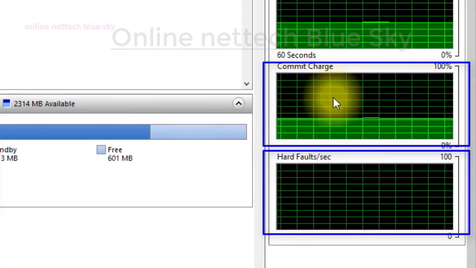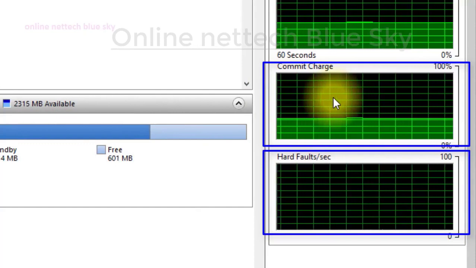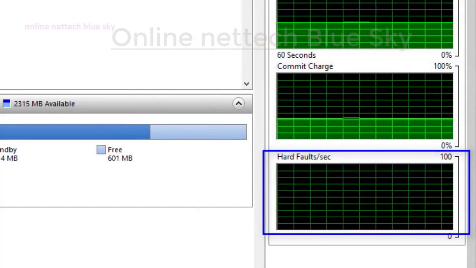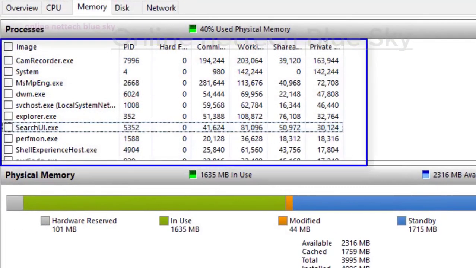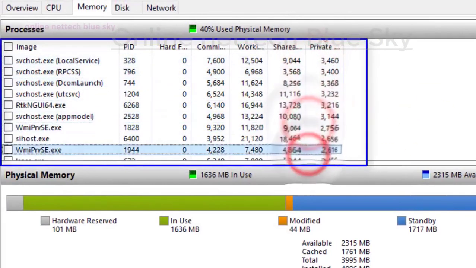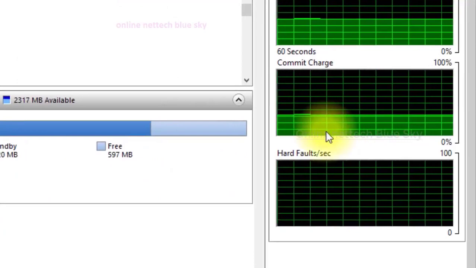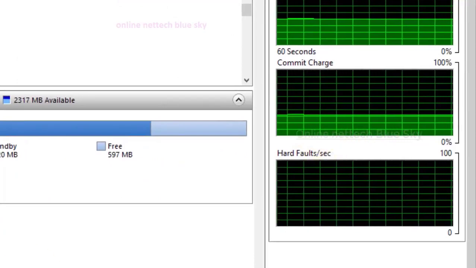Why does this happen? Because your memory becomes very slow. And why is memory slow? Because sometimes unnecessary files, unnecessary software, unnecessary applications, and unnecessary processes are working in your system. I am only talking about CPU, but now let's talk about memory.